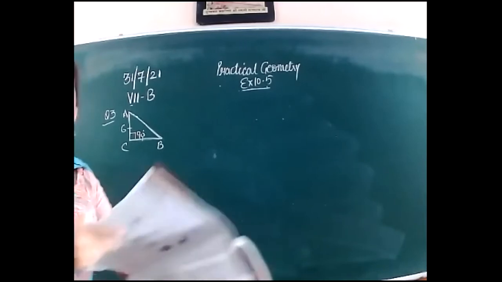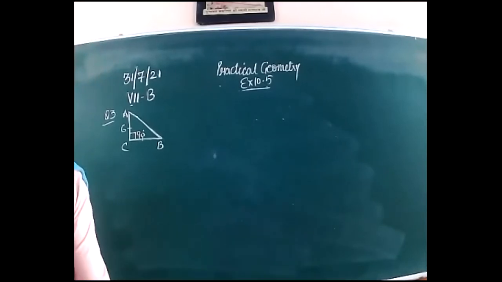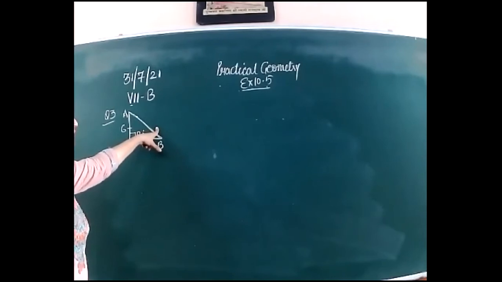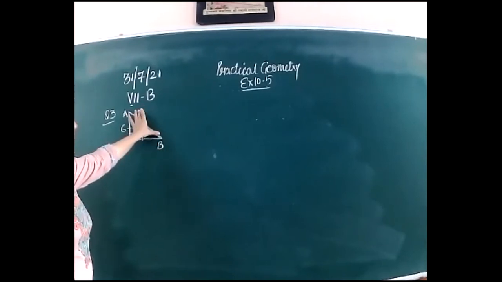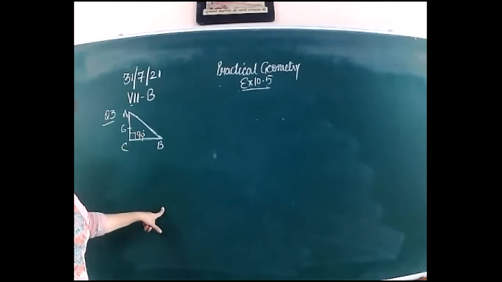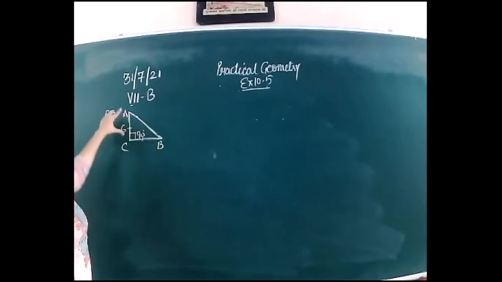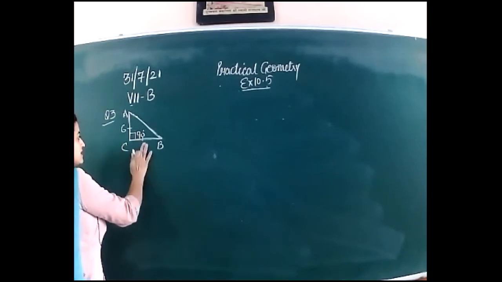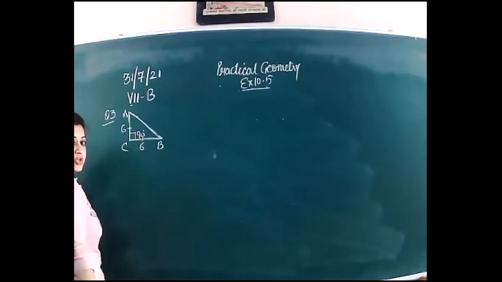An isosceles right angle triangle you have to construct, and for that you have given AC. Actually, ACB is 90, C is 90. So the side opposite to C is your hypotenuse. You know that hypotenuse is the longest side, so this cannot be 6 because AC is given as 6. If this side is 6, then the other side must be 6 because it is isosceles and two of its sides must be equal.